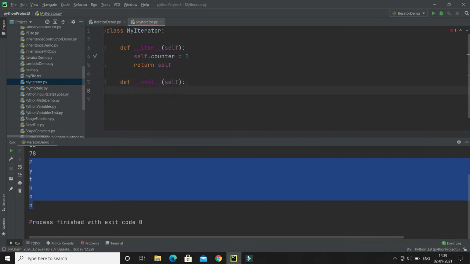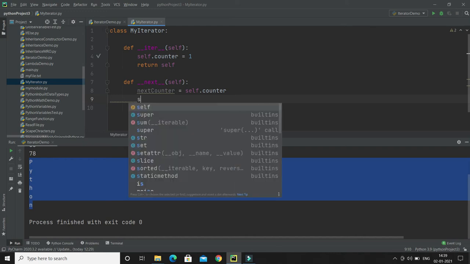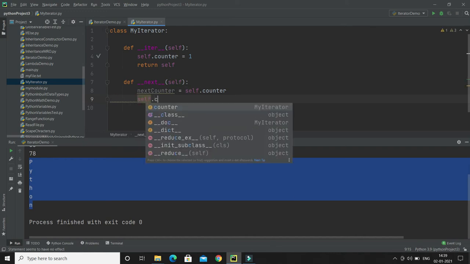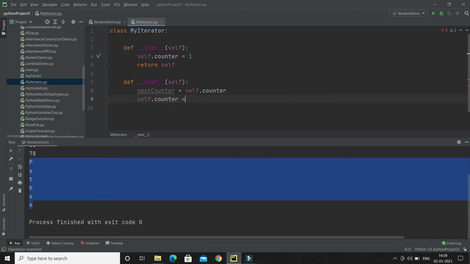And here what I have to do is create next_counter equal to self.counter, and then self.counter equal to self.counter plus 1, or as a shortcut you can write plus equal to 1. This is equivalent to self.counter equal to self.counter plus 1. And finally we have to return this next_counter value.